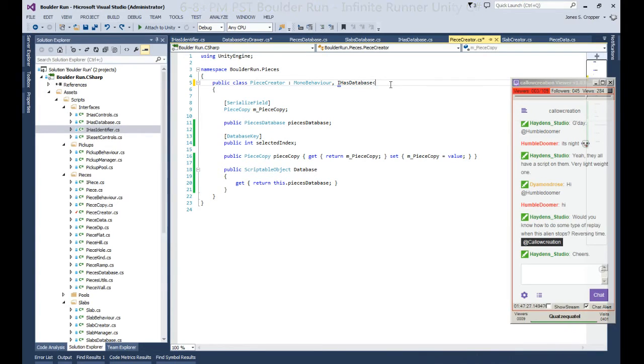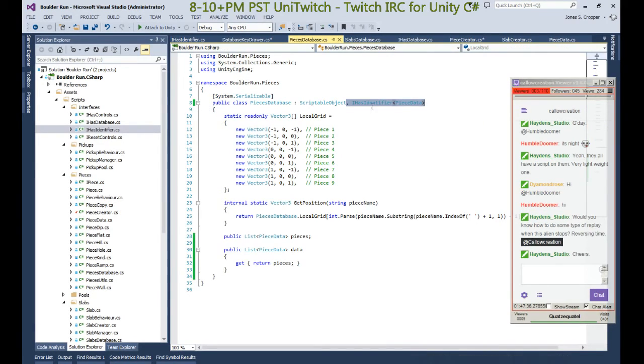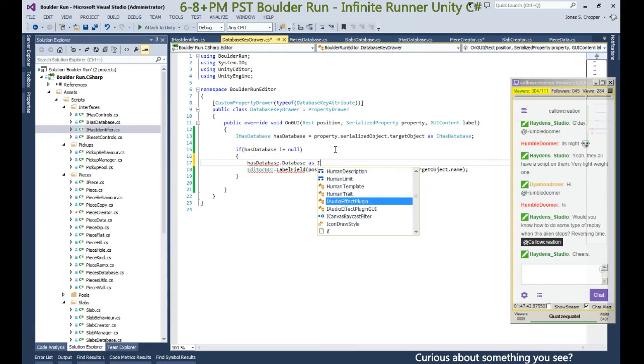Yeah, we'd have to go deeper into that. So maybe we can convert the database to an IHasData, and let's see, as IHasIdentifier